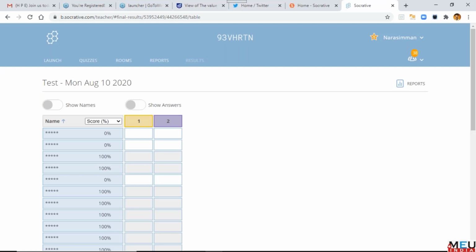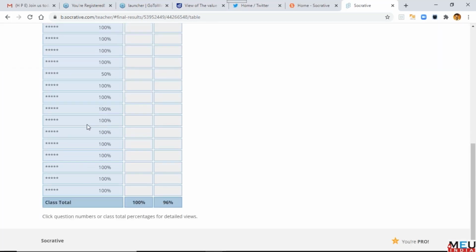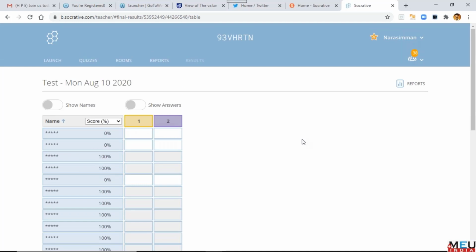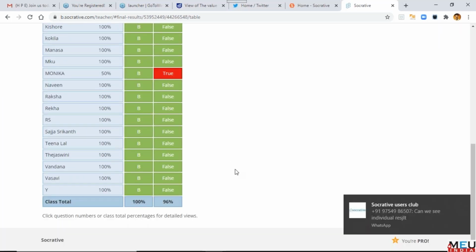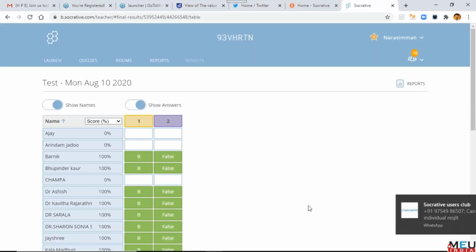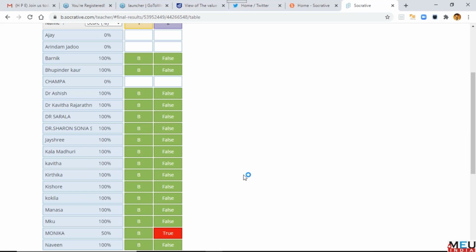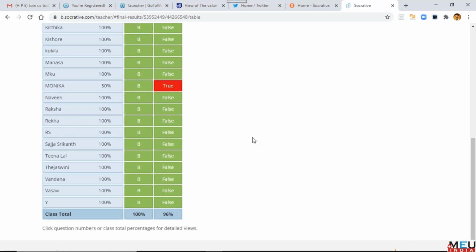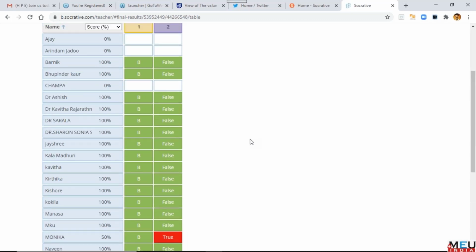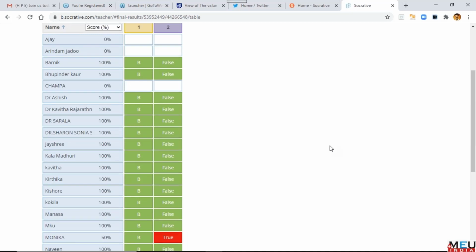What you see is individual and their team also. Again, you will see the name, the students, and the answers, and you will be able to check. You can see the individual result and then the team winning. We are asking them to play individually and as a team, so they discuss. Collaborative learning happens with this.